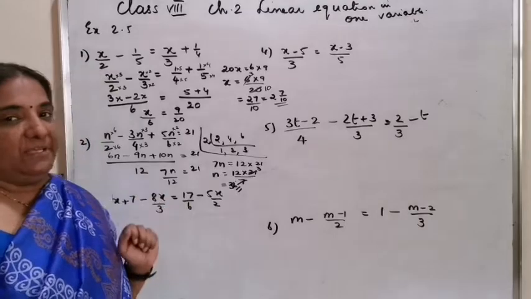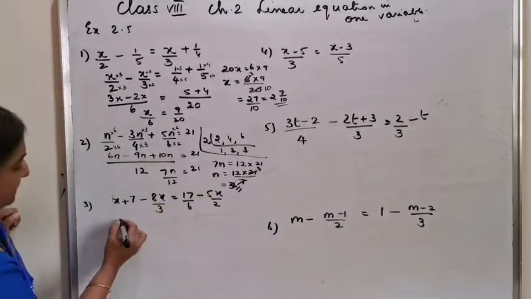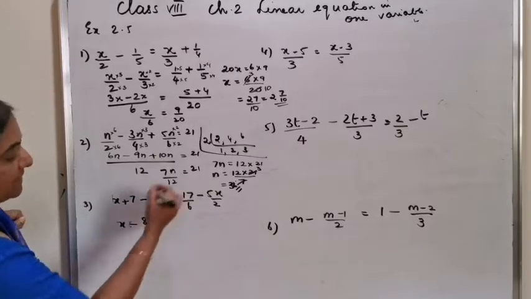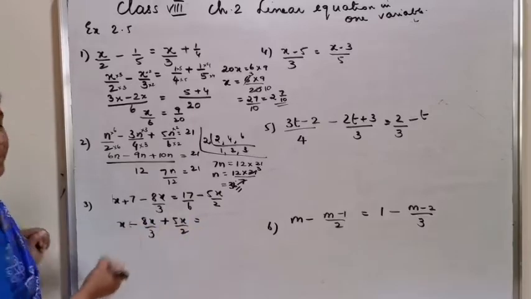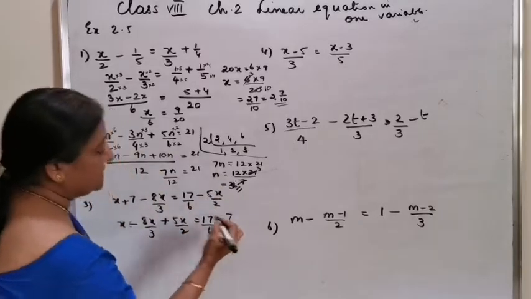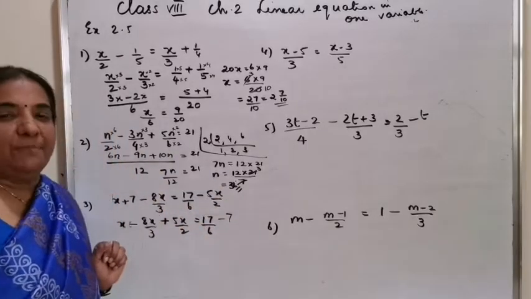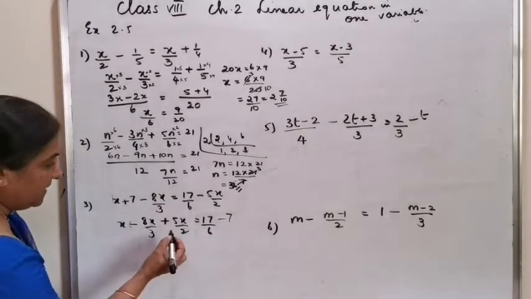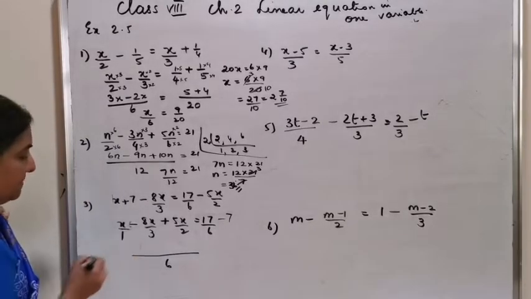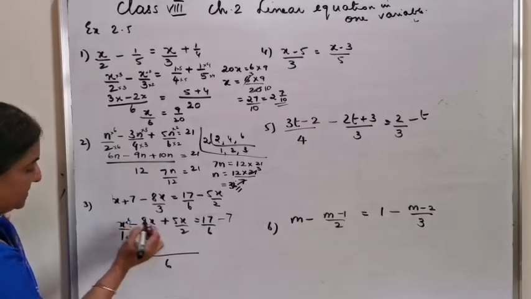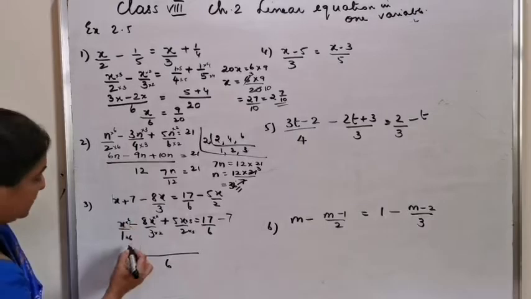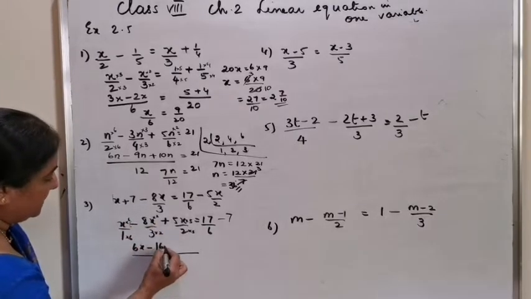Try to simplify. The next is x plus x minus 8x by 3 plus 5x by 2 is equal to 17 by 6, which is already here. Plus 7 will be transposed as minus 7. So the first step of taking the variables onto the left hand side is over. LCM of 3 and 2 is 6 because there is no common factor. By 1 into 6, 6 into 2, 2 into 3, 3, which shows that 6x minus 16x